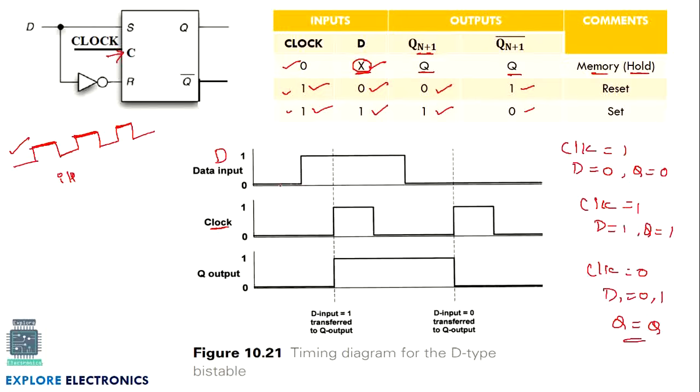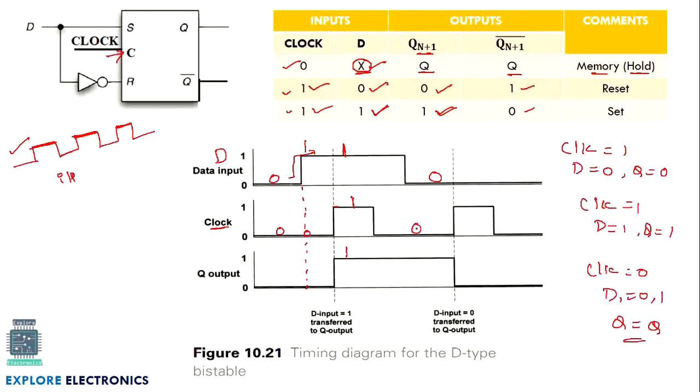Now let us see with respect to the waveform. Here D is 0, here D is 1, again D is making 0. Now this is the clock signal. This clock signal is 0 here. At this instant, you can observe when clock is equal to 0, we are making D change from 0 to 1. This is 1 now. Because of 1, we are expecting Q should change to 1, but Q is not changing here because clock is 0. It is going to operate only when clock is 1. This D change to 1 is observed when clock becomes 1, and output will be 1 here.